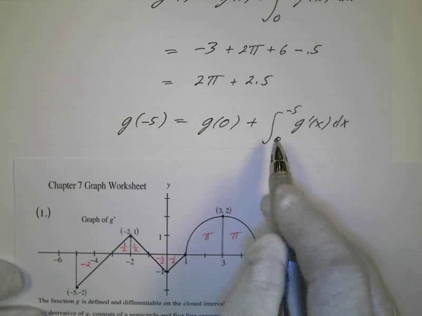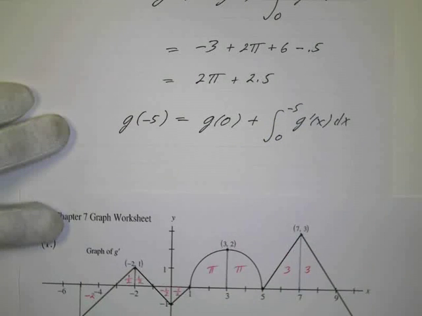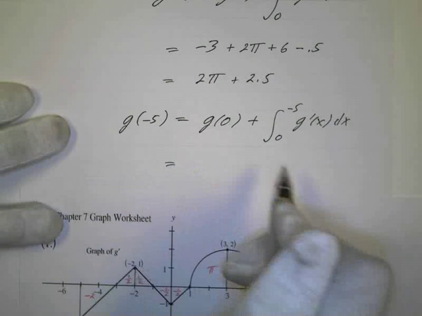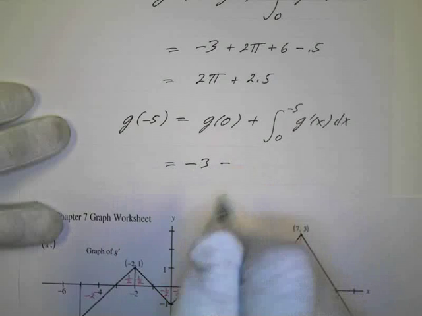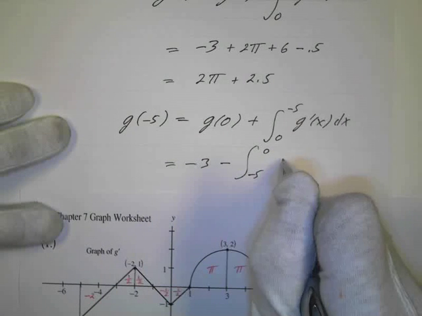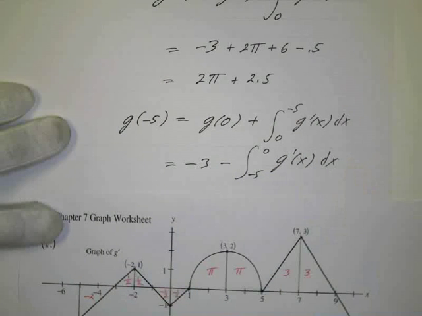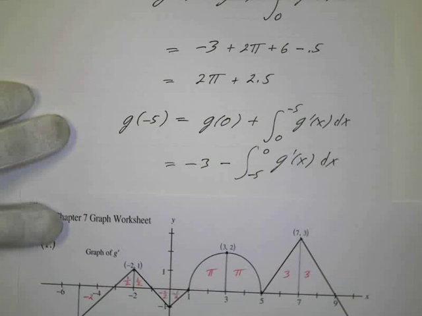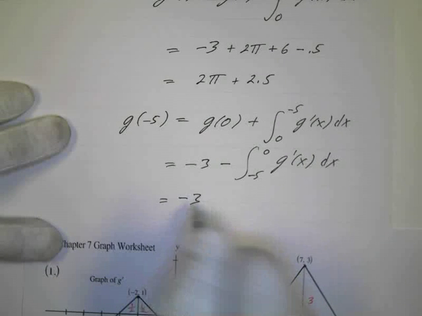But here's where the problem is, because when we integrate, the lower limit has got to be to the left of the upper limit, so we're going to have to reverse that. So this will equal, now what's g of 0? g of 0 again is negative 3. And then minus the integral from negative 5 to 0 of g prime of x dx. So we've got to reverse that. So that's going to be negative 3